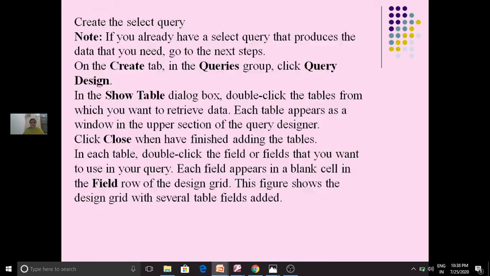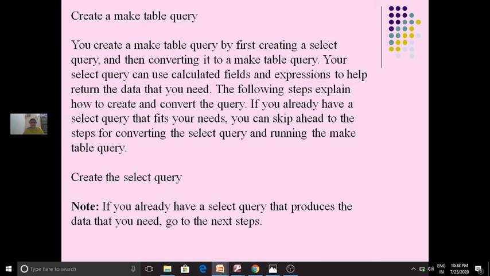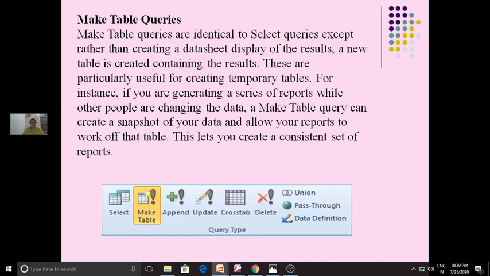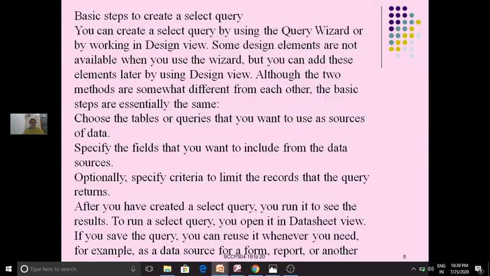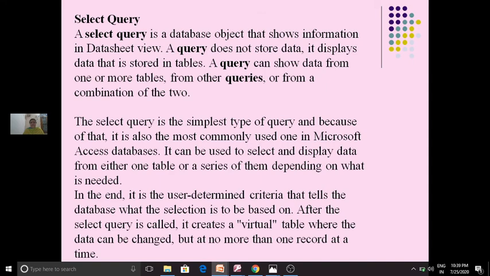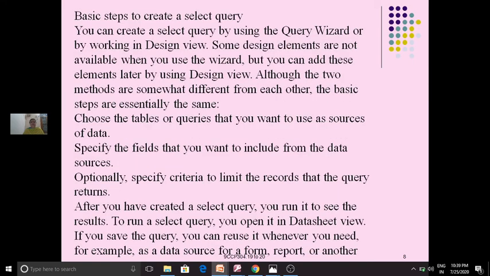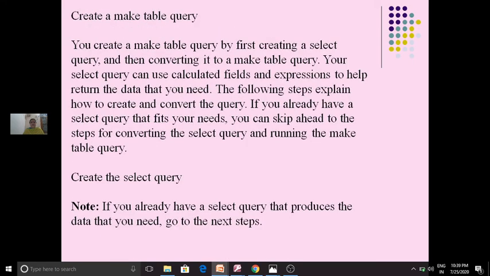You can create a make table query by using query wizard. You can create a select query by using query wizard or design view method.